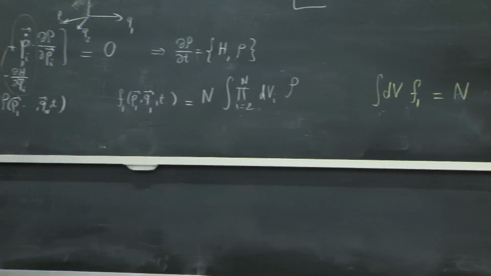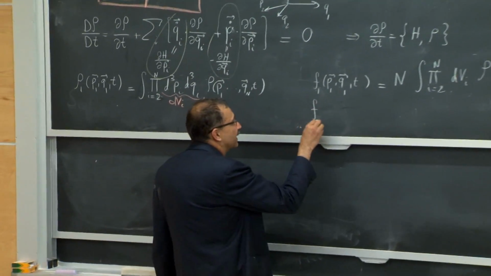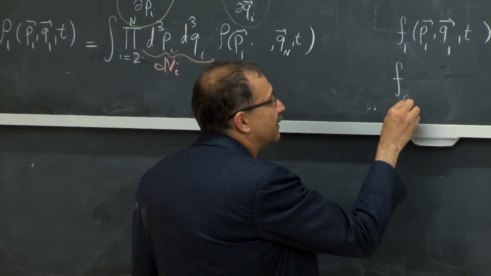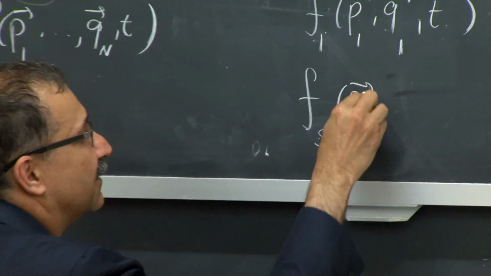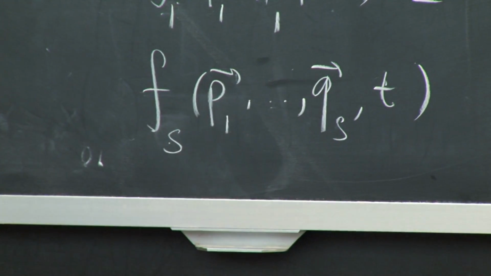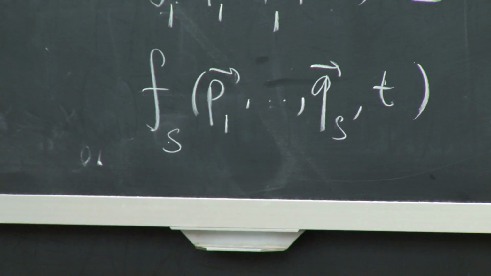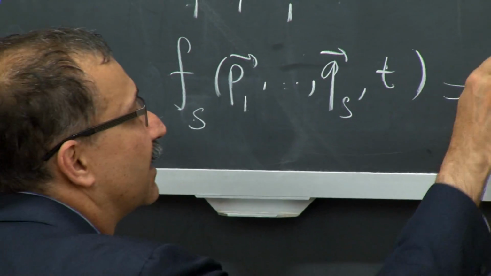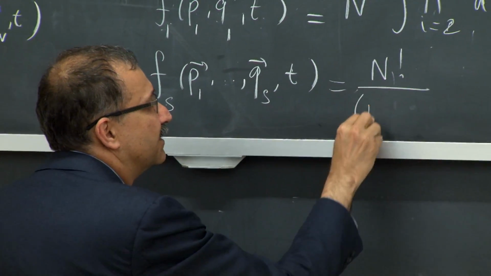And more generally, we also introduced Fs, which depended on coordinates representing s sets of points, or s particles, if you like, that was normalized to be